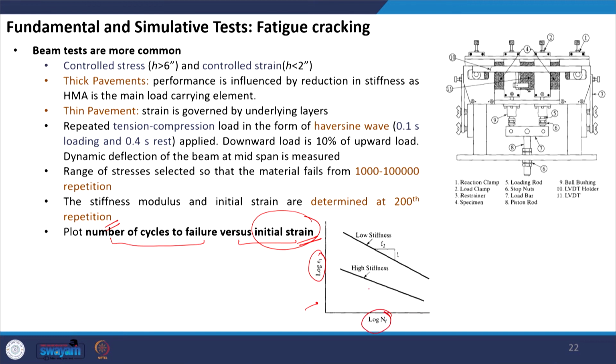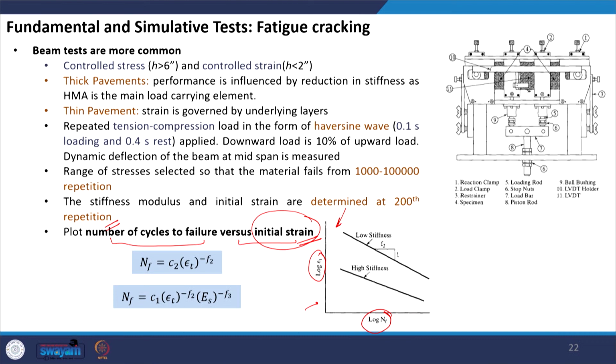And this is again something which is of interest, because in pavement also I want to know after how many load repetitions of the standard axle load my pavement is going to fail, and failure in the pavement is defined empirically as the occurrence of, let us say, 20% crack in the pavement. So, this laboratory experiment can help us to generate a performance model for that particular mixture which we are using in the field. So, you can do the test and you can develop a model which can be in